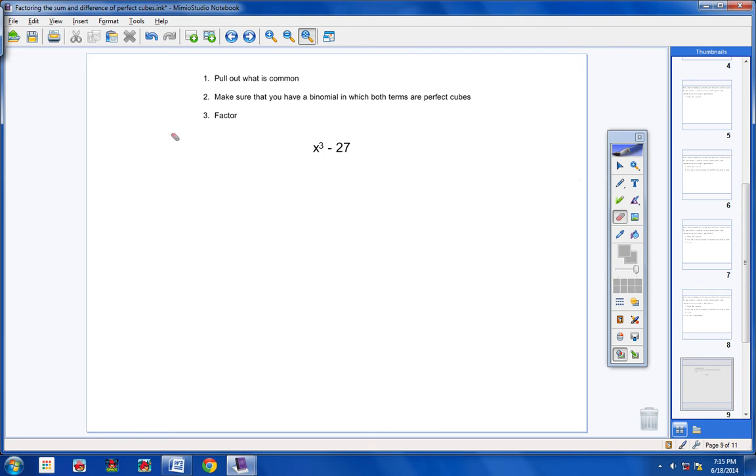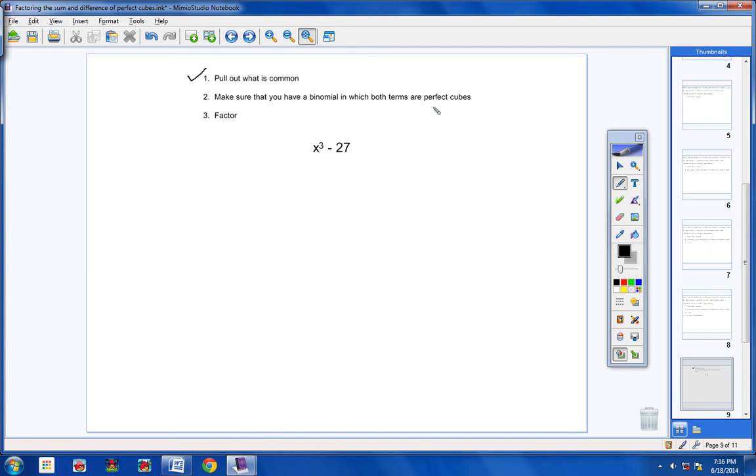Step 1, we're going to pull out what is common. Now, notice I have a 1 here and a 27 here. There is no number that goes into 1 and 27 evenly except for 1, and we're not going to pull a 1 out. Notice I have x's in this term, but I have no x's in this term, so I cannot pull out any x's. So step 1 is done. Pull out what's common. Now step 2 says make sure that you have a binomial, and we do,